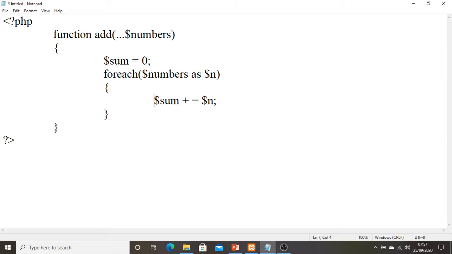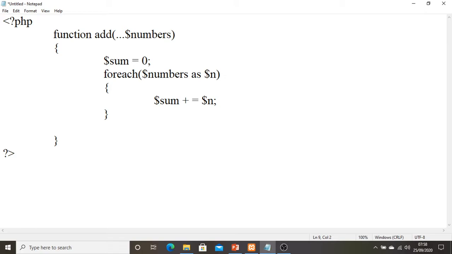It is similar to the statement, let me put it in the form of a comment: $sum = $sum + $n. Right? Fine, this is what it is going to do, and then further I need to return the value.